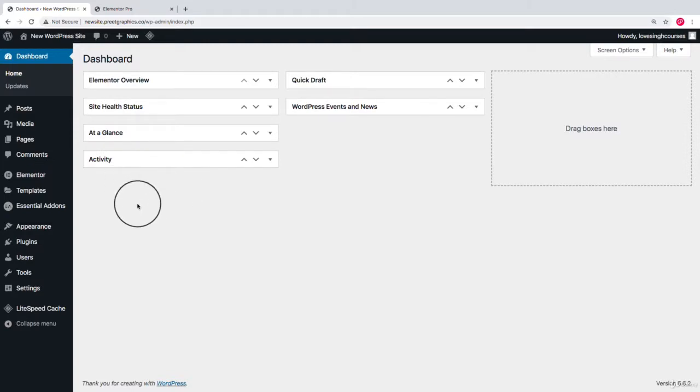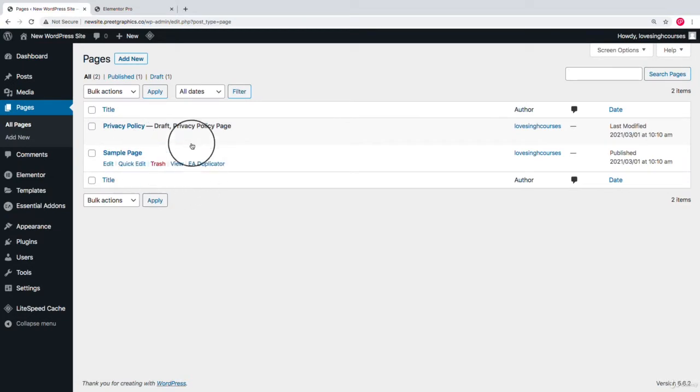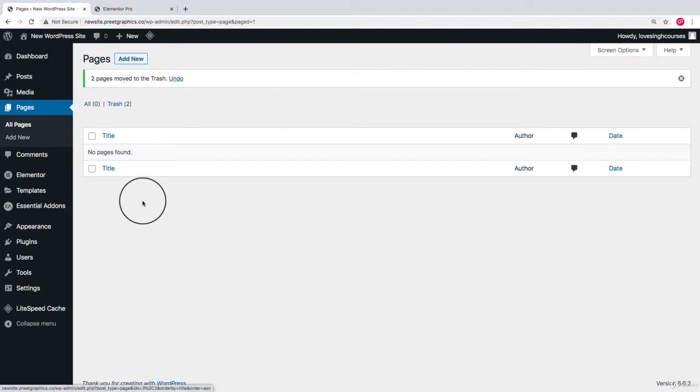First of all, go to your dashboard and now go to pages. This is the default list of pages. So I'm going to select all these pages, go to bulk action and click on move to trash, and then simply click on this apply button. Now click on add new page,